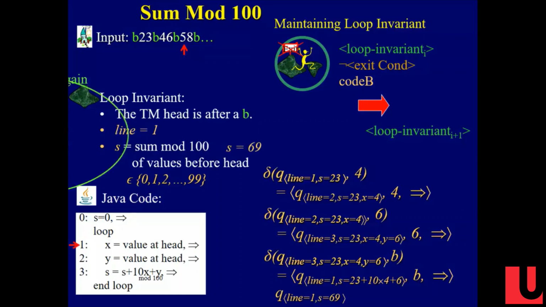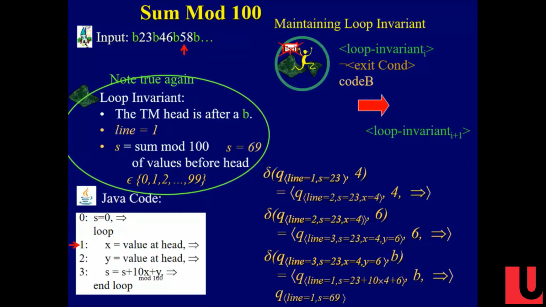All right. So now the loop invariant is true again. So when you write this code, you want to make sure that you're assuming at the top that the loop invariant's true. We assumed it, and when you come around, you want to check to see the loop invariant's true again. Now, what you get is a double check. On one side, you start here at the top. I know the loop invariant's true. Then you execute this code. And you say, where am I next? Then you check, did I do it right? Is the loop invariant true? Does that make sense?